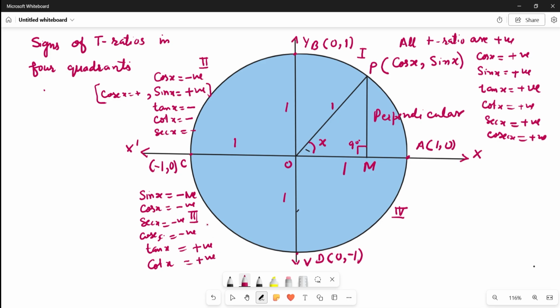So we come to the conclusion that in this third quadrant, tan and cot are positive,